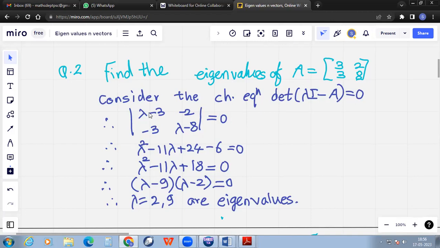Solving it, I got the product of these two. It was lambda square minus 11 lambda plus 24, and from that we subtract this product, that is 6. Ultimately we reach lambda square minus 11 lambda plus 18 equal to 0. We want product plus 18. Whenever we want product plus,